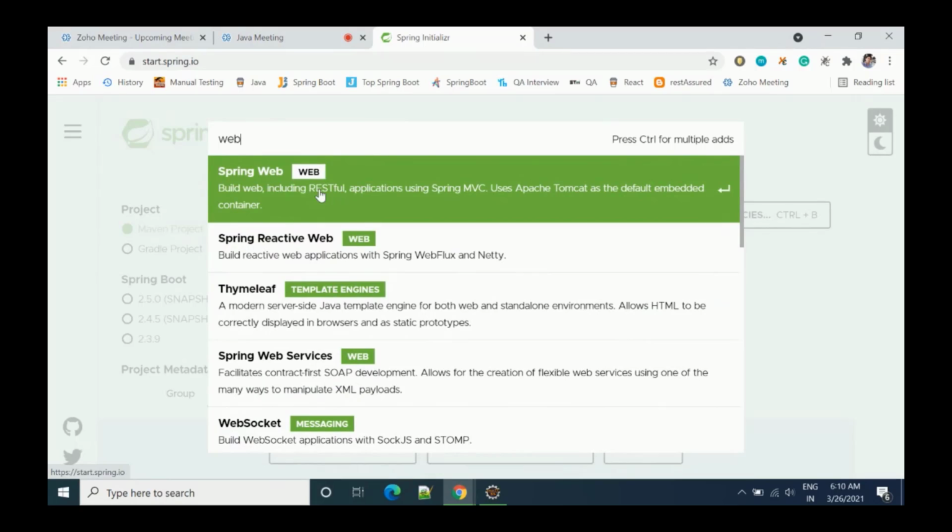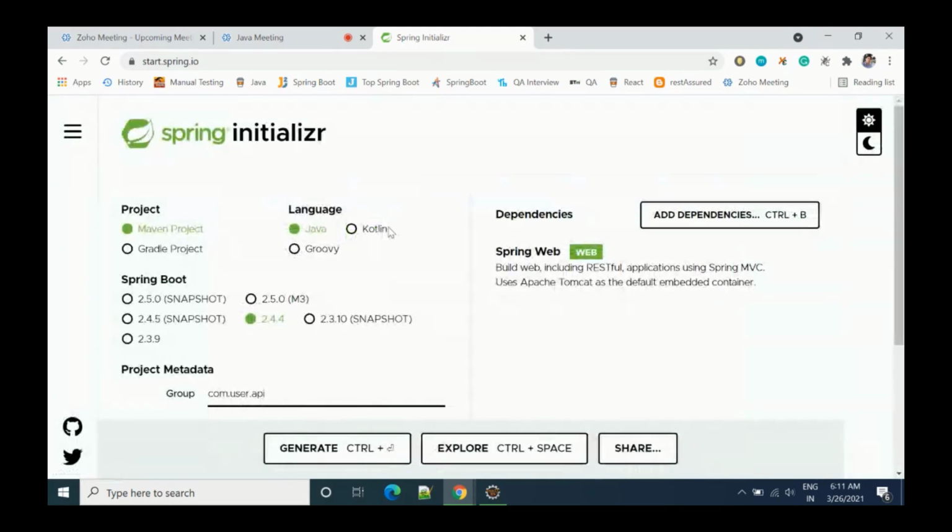It is used to build web applications, including RESTful applications using MVC. Spring MVC uses Apache Tomcat as the default embedded container. That means if you use this web dependency, Tomcat will be inbuilt. Select it. Now one dependency is added.